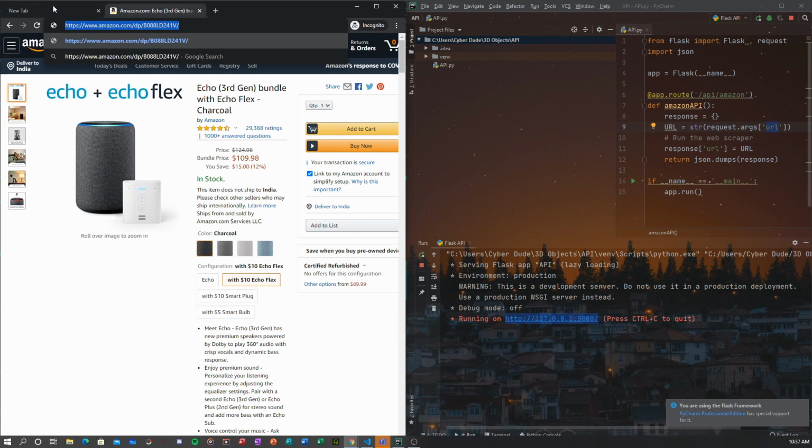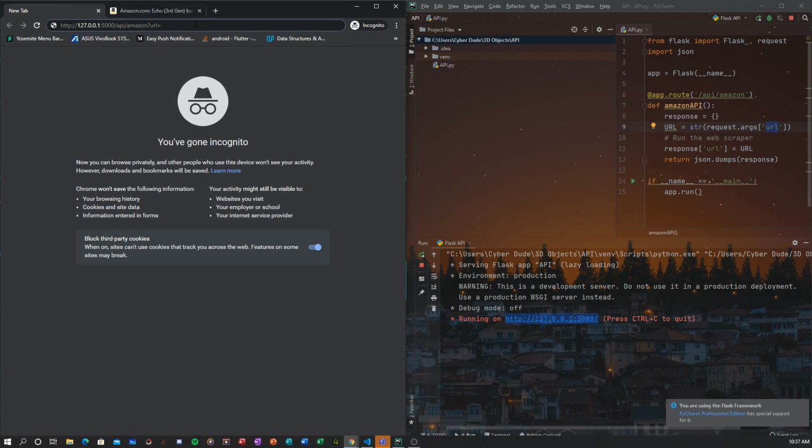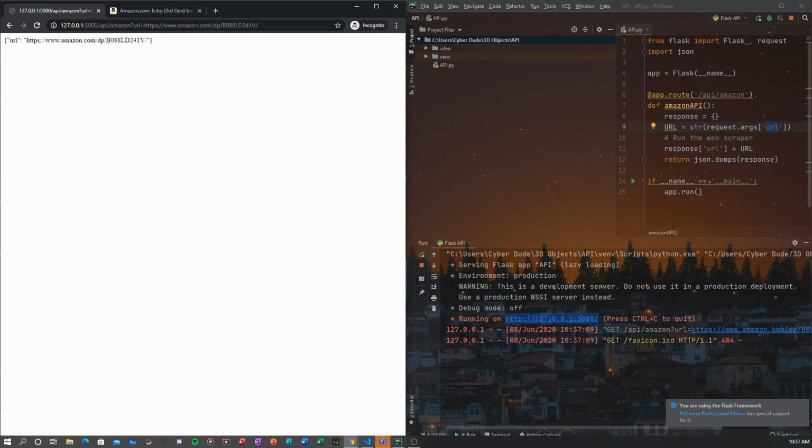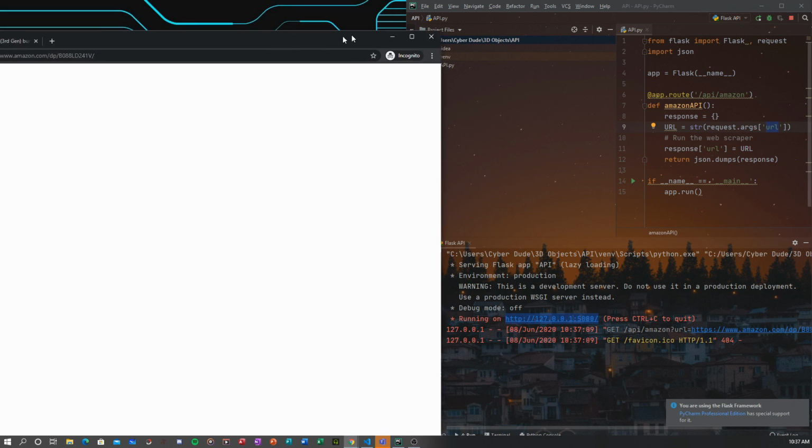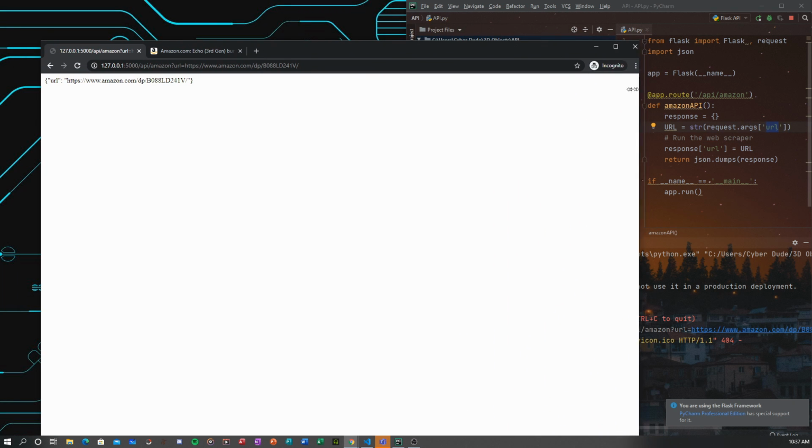So just copy this, and pass this in as the URL. As you can see, we get this response for the URL. Since we are not fetching any data from that website yet, this is just returning what we passed in.